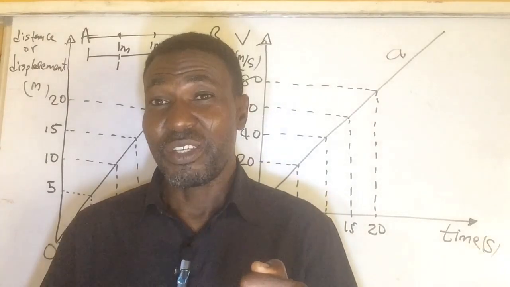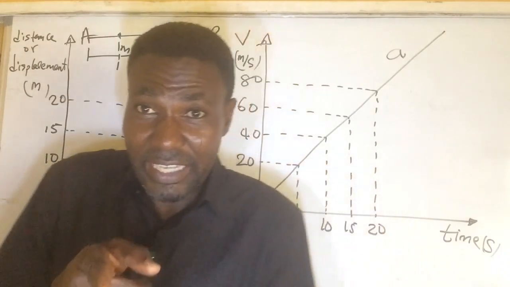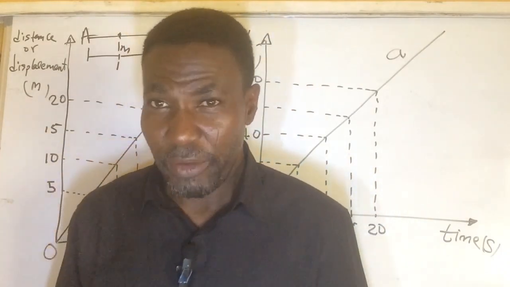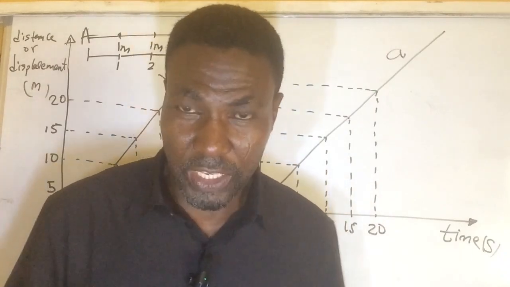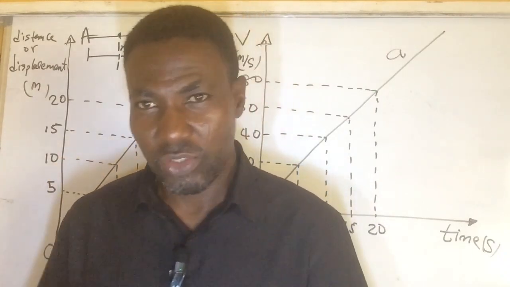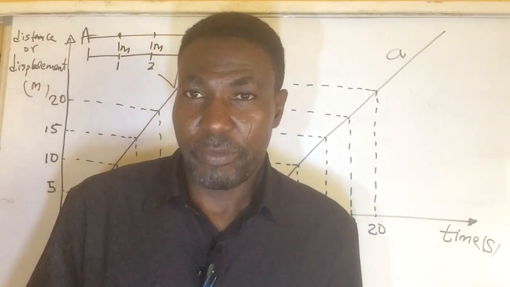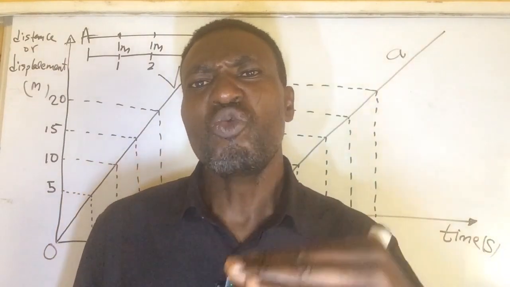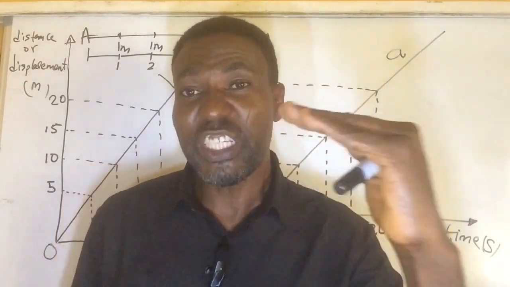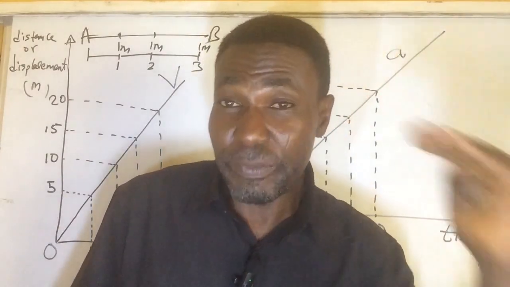You understand? You are driving a car now. You look at your speedometer, you see that you just started. When you start, your time is 0. If you are timing it, your time is 0. When your car is parked, your time is also 0. Then when you start moving, you own your time. If you are doing an experiment, you move. When you reach 50 meter per second, that your speed reaches 50 when you are looking